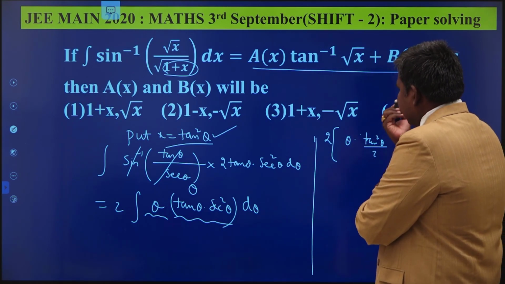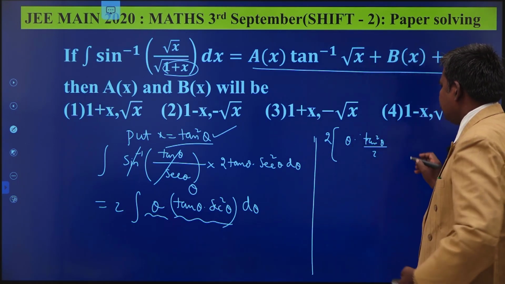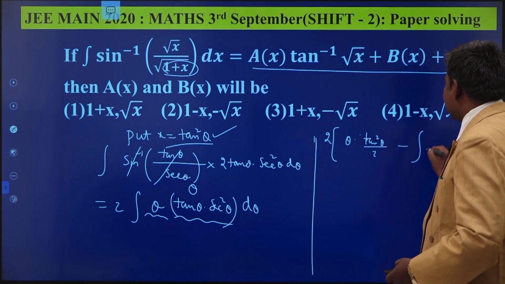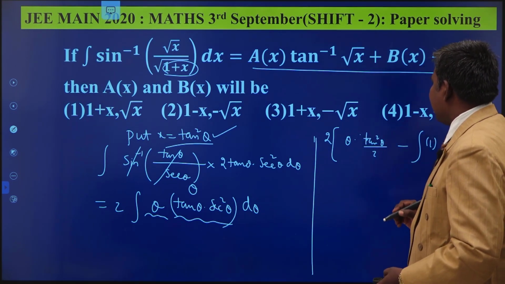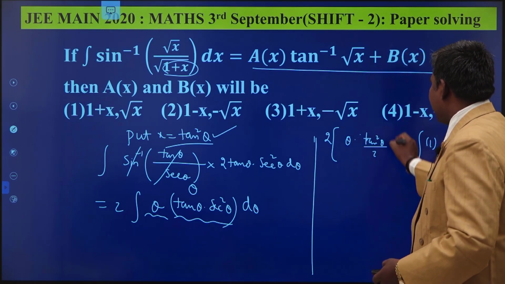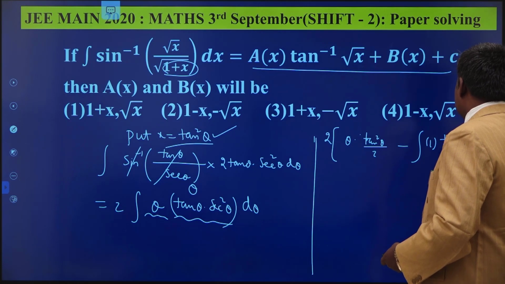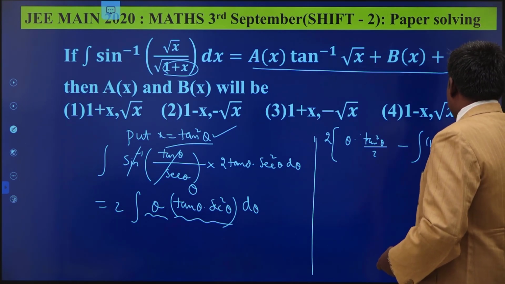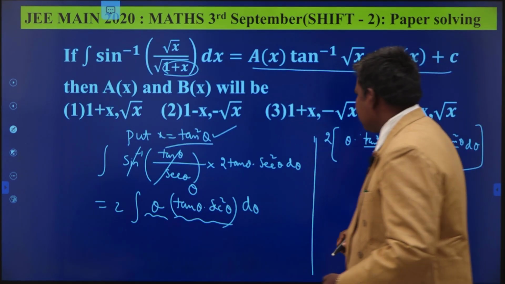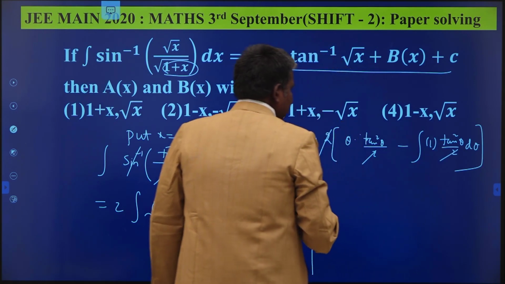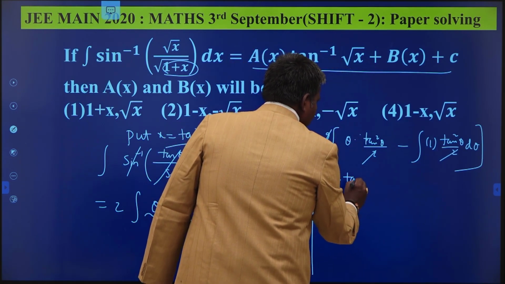This is tan square theta by 2. Using by parts: f(x) integral g(x) dx minus integral f'(x) integral g(x) dx. The integration of theta is 1, derivative of theta is 1. Again you have tan square theta by 2 d theta. This is the integration. So the 2 gets cancelled: theta tan square theta